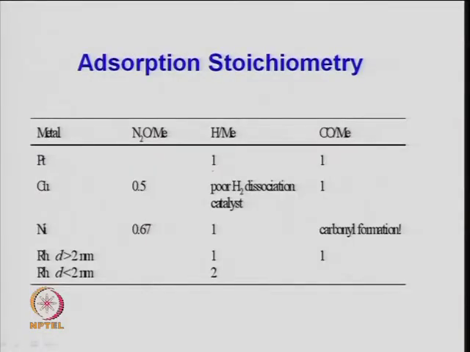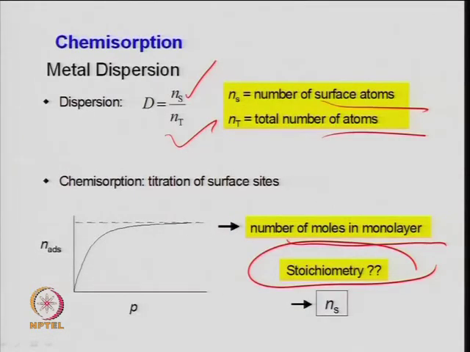So, platinum with hydrogen, the stoichiometric coefficient is 1, which is written here in terms of determination of this adsorption, where you are calculating the number of molecules which adsorb on the surface. If I say that one molecule of hydrogen adsorbs dissociatively, it means if one molecule of the gas has adsorbed, it will cover two platinum sites. So, from the number of hydrogen molecules adsorbed, I will multiply to find the number of platinum sites on the surface, because ultimately we are calculating the surface area for the metal, not for the gas.